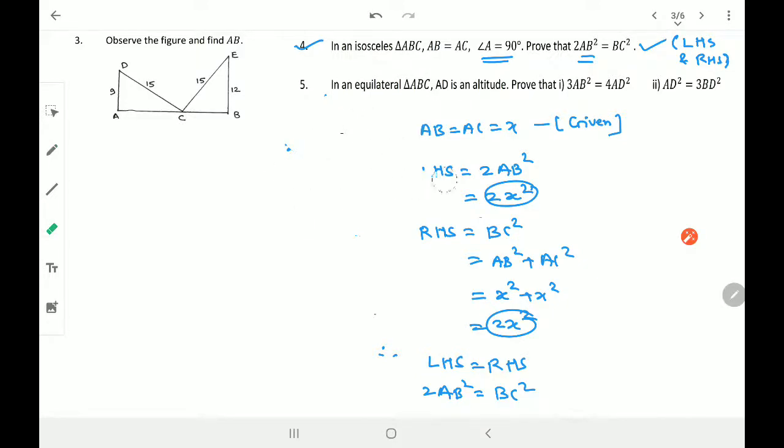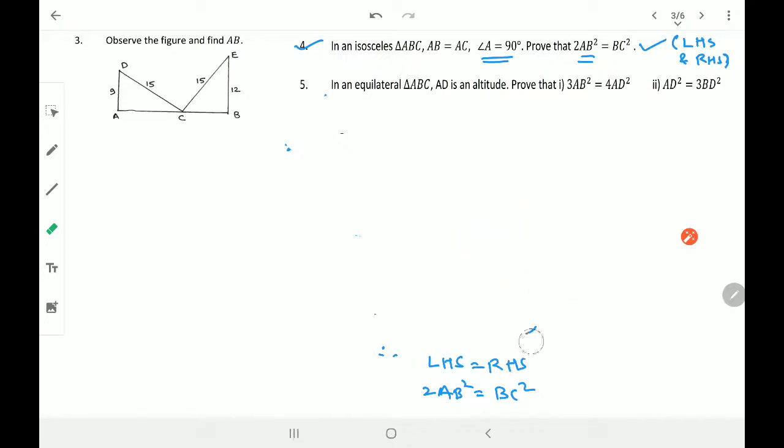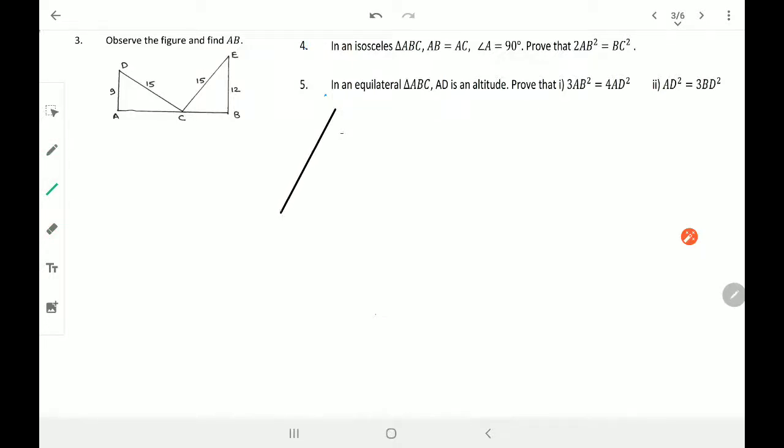ठीक है? तो using the same LHS RHS method, we are also going to solve next one, that is fifth one. Whatever method you like, you can follow, there is no problem. So I'll just solve fifth one according to this method. तो चलो, there is an equilateral triangle ABC. So I'm not going to waste my time, I'll just draw the triangle. If I'm using LHS, the equal side I have to consider as x, so this will be x. चलो ठीक है, आगे बढ़ते.